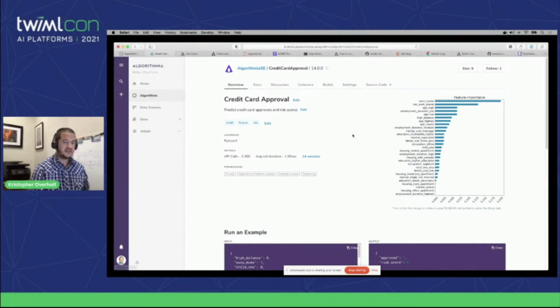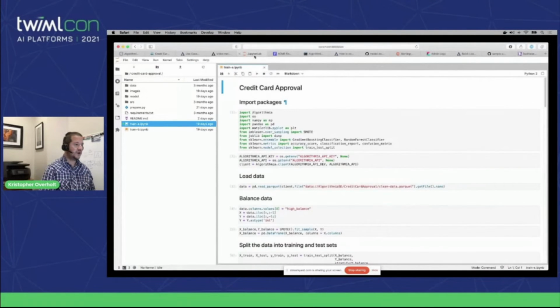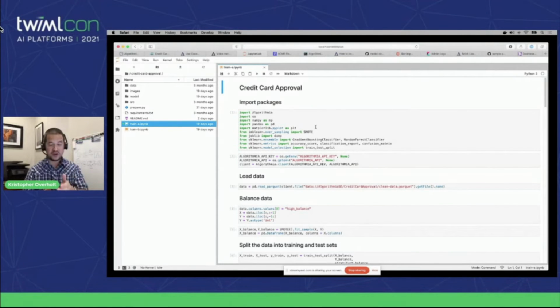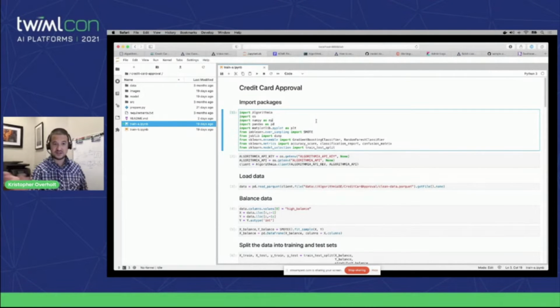So let's first look and see how this model came to be, right? Now that you know what makes up an algorithm. So I'm going to jump over to a Jupyter Notebook. This would be happening outside of Algorithmia. This could be a Jupyter Notebook or your favorite Python editor, whatever it may be, your favorite IDE. But basically, I want to show you what would happen in training, and then where would I go from training to production in Algorithmia. So if we look at the algorithm we were just discussing, the credit card approval algorithm,